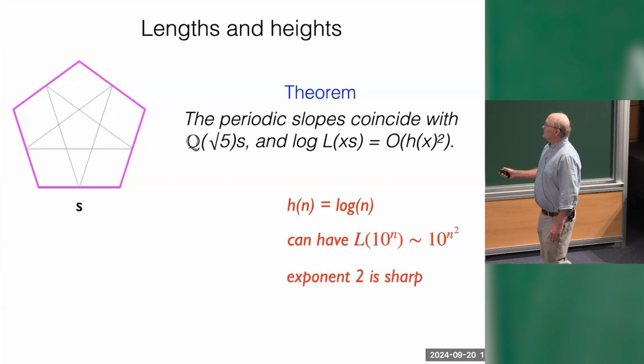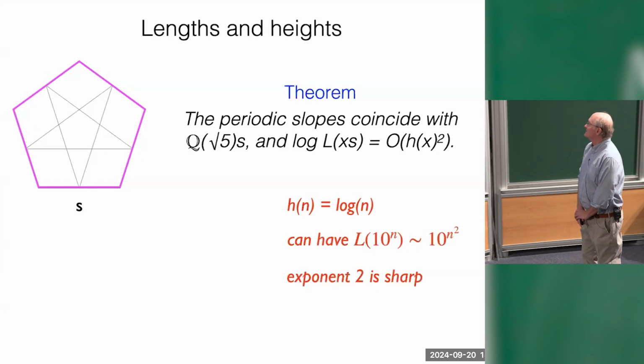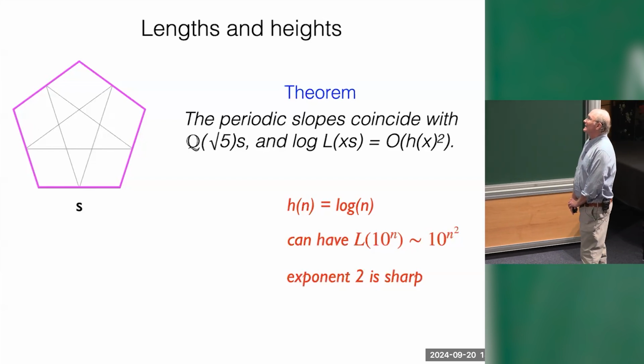And in fact, this exponent 2 is sharp, as you would guess looking at some of the experiments. Okay. Lengths, but in fact you count the number of reflections. Is it easily related to the actual lengths or the... It is related, but it's in a complex way. They're comparable. They can both be computed.